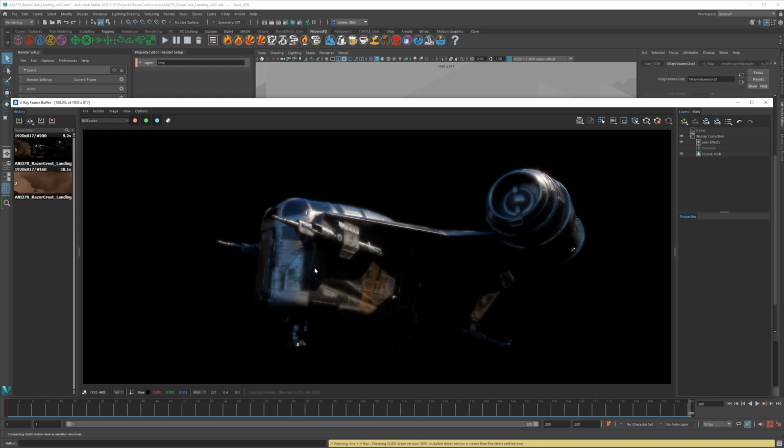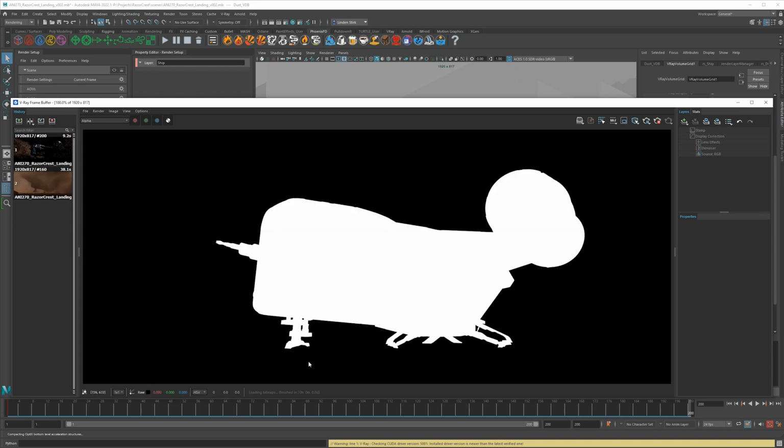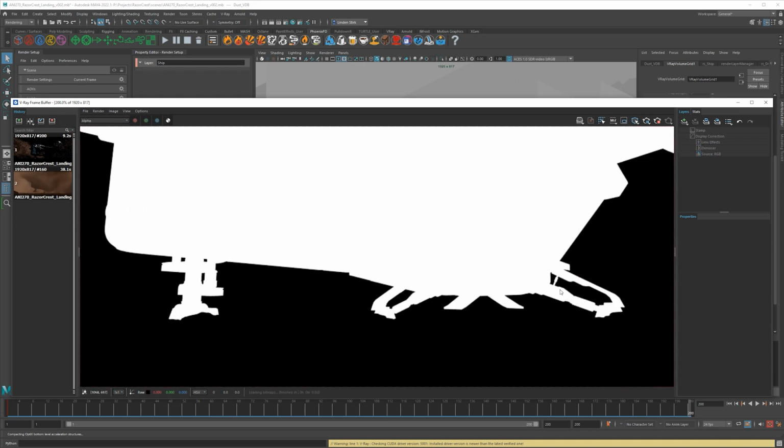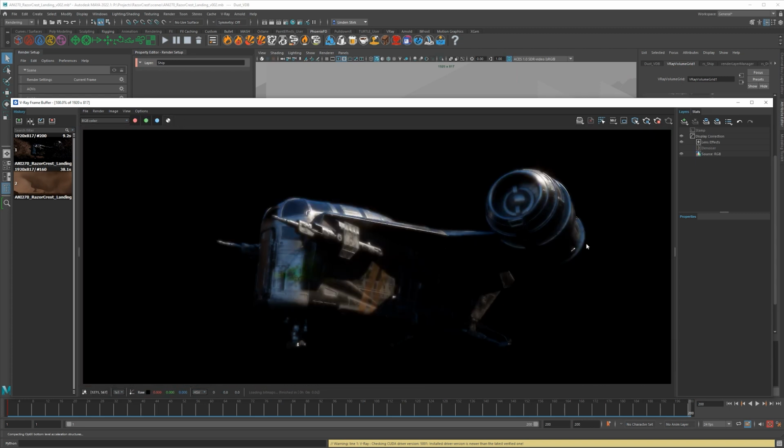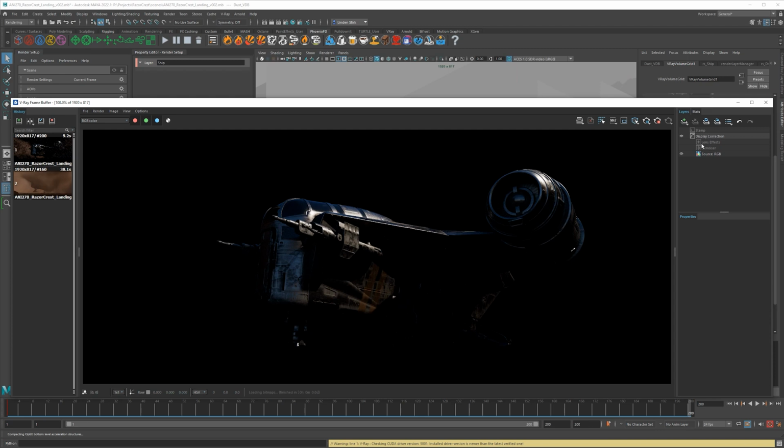So when that is pretty much done rendering, we can select our alpha, and then you can see that it's cut out properly. It's exactly what we want, and it still is collecting shadows from here. I'm going to turn off the lens effects there. For whatever reason on GPU mode, sometimes lens effects and denoising can lead to some weird results. So if you find that and you are on GPU mode, just disable them from the frame buffer. But this looks pretty good.